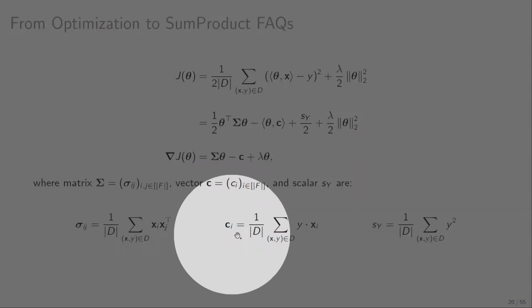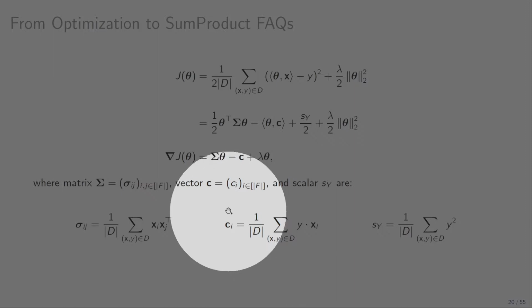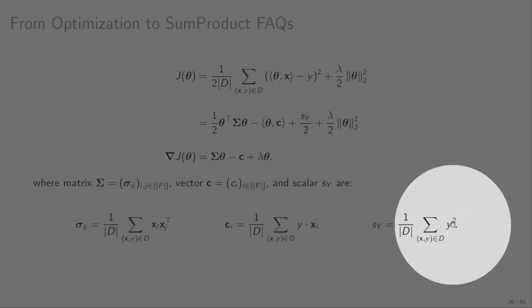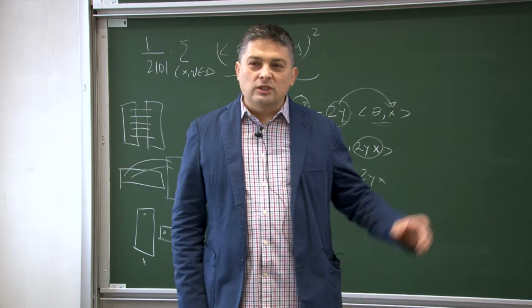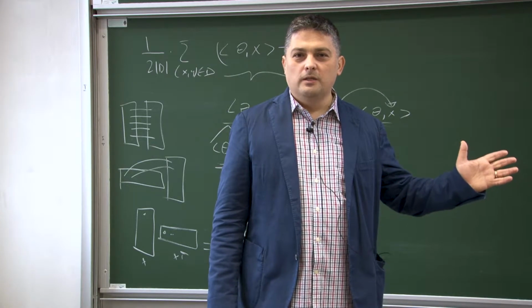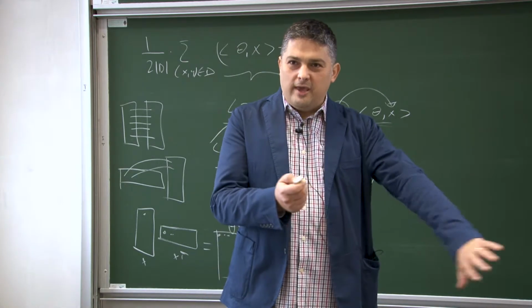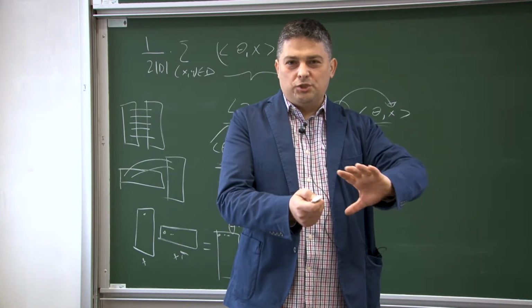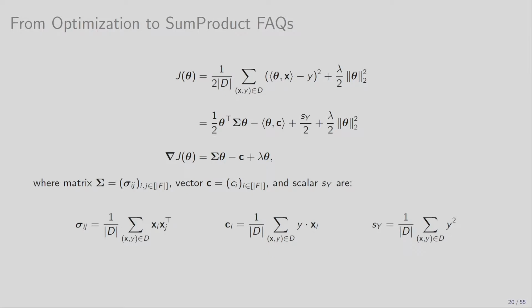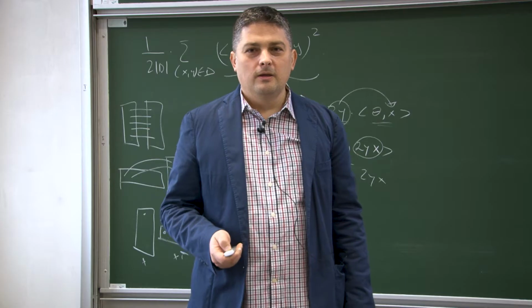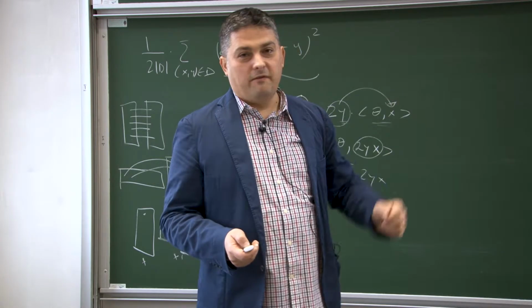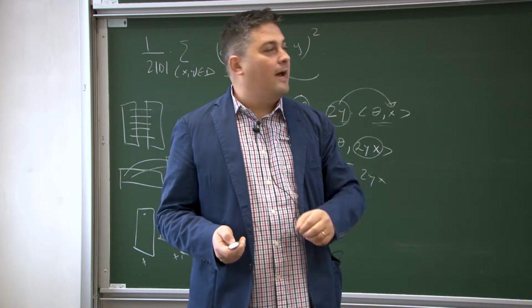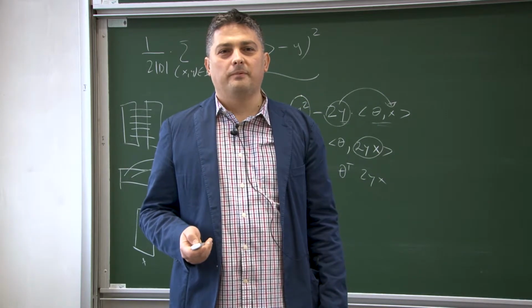Good. So now I do the same for the interaction of every feature with the label, and the same for the interaction of the label with itself. Okay? So you see the power of this trivial transformation. The power is that now we took away the things about parameters, which will be relevant only in the convergence step, from this data-dependent computation, which is xi, xj. Yeah? That, we may do it once. We look at the data once, we compute this. This is an aggregate, in fact, a bunch of aggregates. And once we computed that, we can then use it in the convergence step.